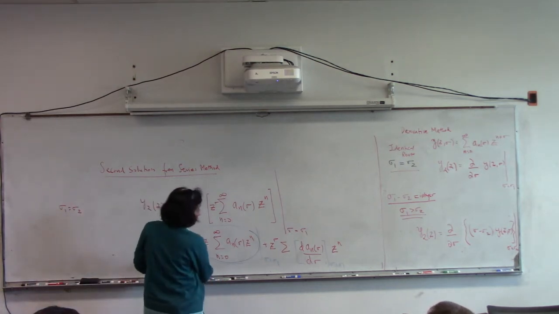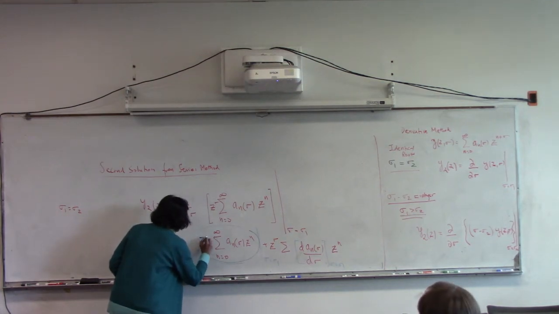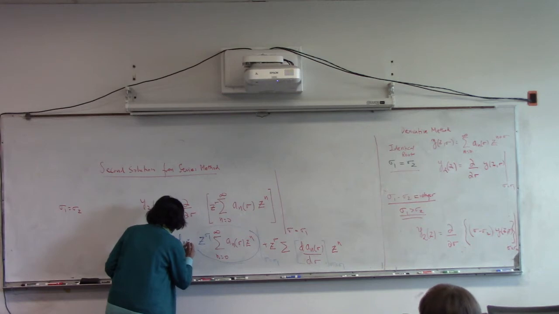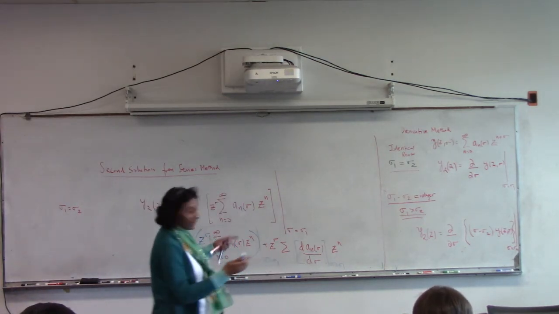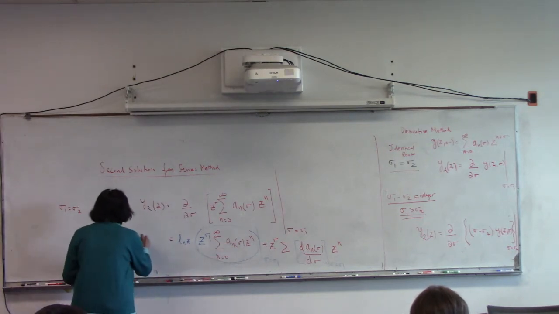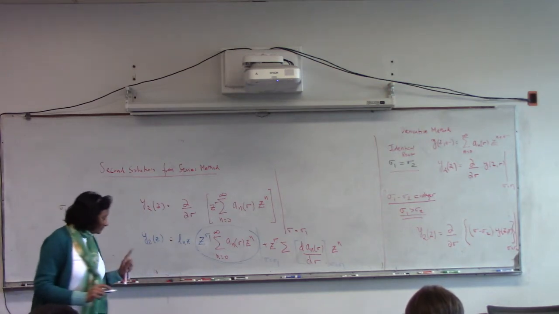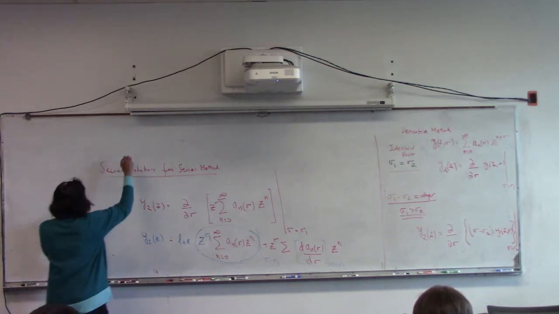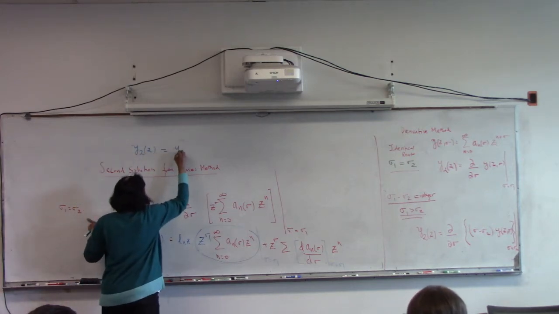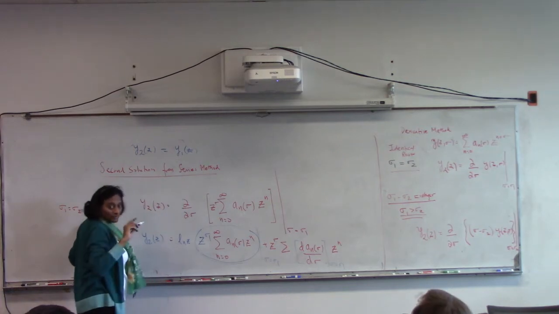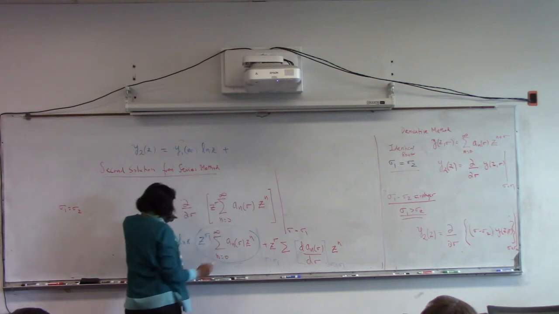That's the original answer. It's y1, right? So what you have is the second solution, and this is always the case. The second solution is always the first solution, what we got, times natural log of z, that will be your first term, plus